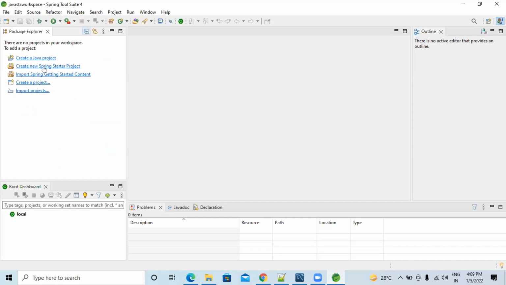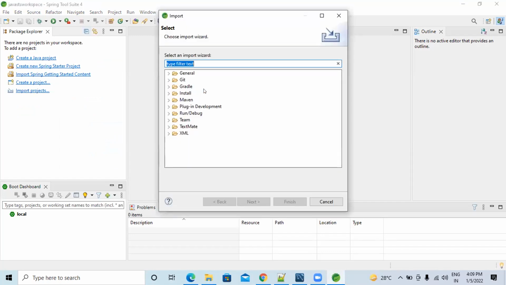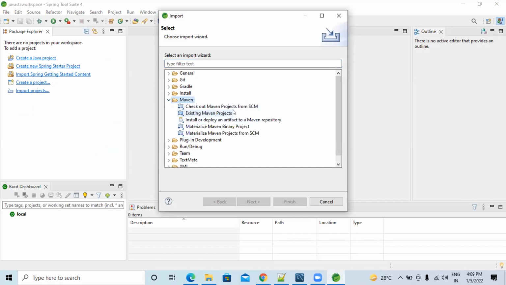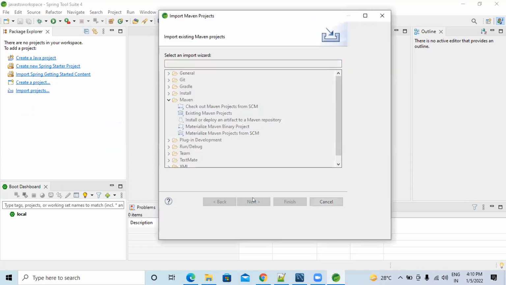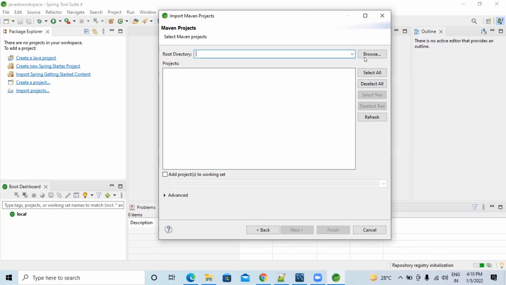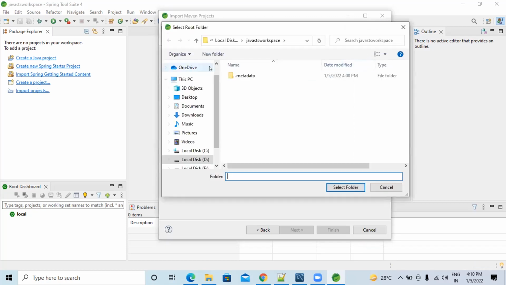Import project. Import. Come down. Import project. So what is the project? Ours is a Maven project, right? Choose Maven below. Existing Maven project. Next. Browse.